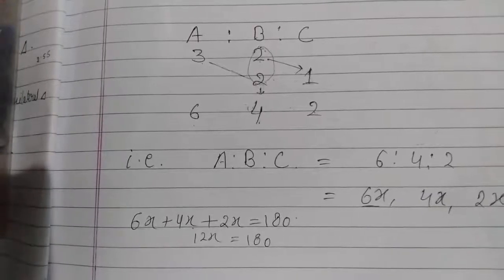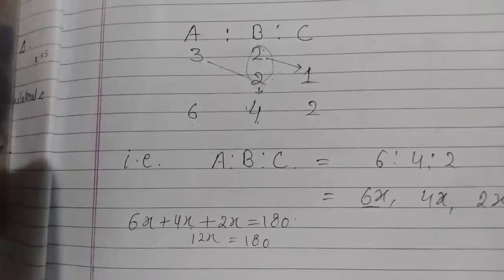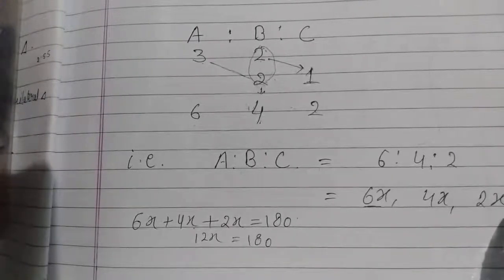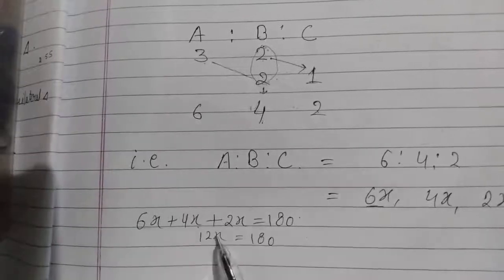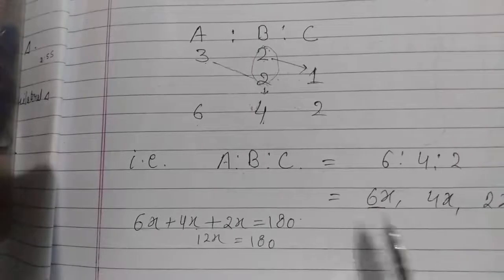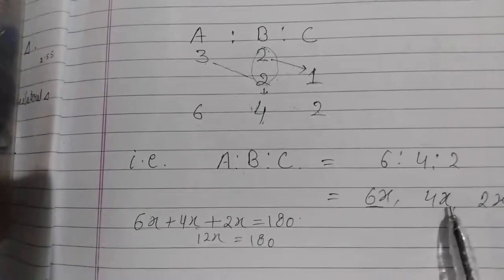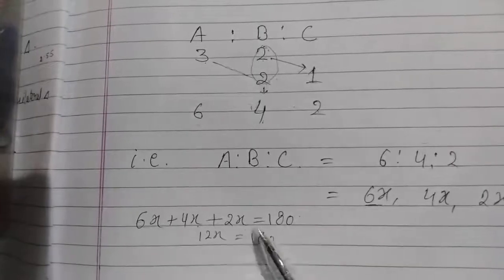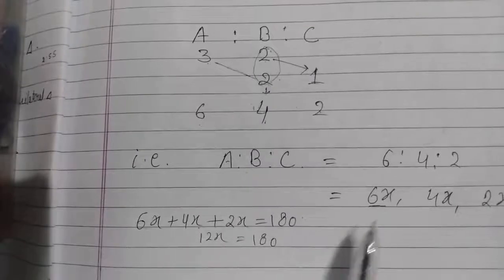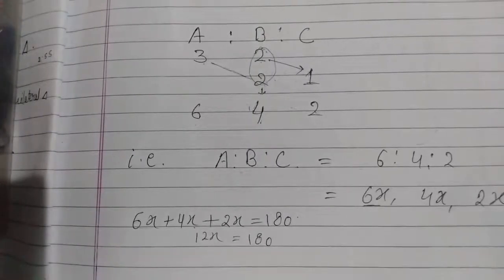Again we will follow the same method as we have done in the previous questions. We know that the sum of all three angles is equal to 180 degrees. We will put it here, find the value of x, and whatever value of x comes we will put it here. That means we can find angles A, B and C by putting the value of x. So you have to do this. Okay, I'm not completing this question. After finding the value of x, you can put it here and you can find the values of A, B and C.